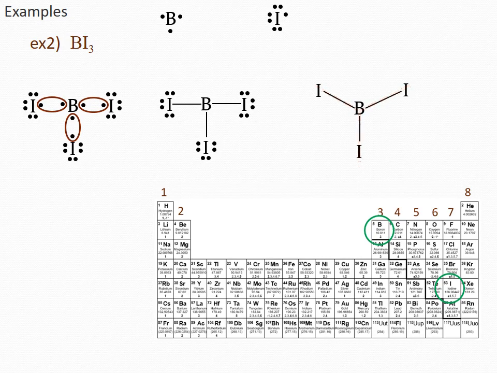Now, if I look at each iodine, there are 4 things around them: a single bond, a lone pair, and another lone pair. So that means there has to be 90 degrees between each one of them. So bottom guy is easy. I got a bond on the top, so I'll put a lone pair on the right, bottom, and left-hand side, and that's done. Now the ones on the angle are a little more tricky to make sure that they are